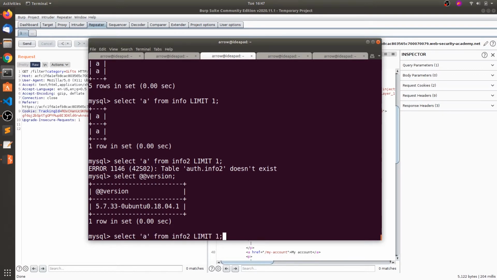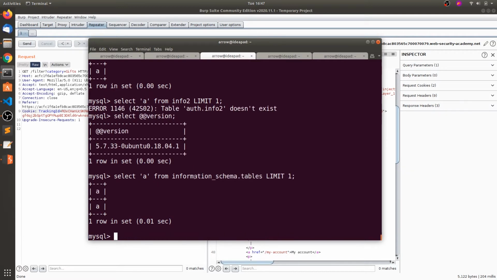Or what you can do is select A from information_schema.tables. So we came to know the information_schema.tables exists because it's a MySQL type or Microsoft type, Postgres type. If it's Oracle, you will get the R underscore tables.